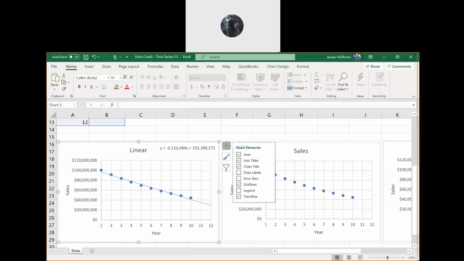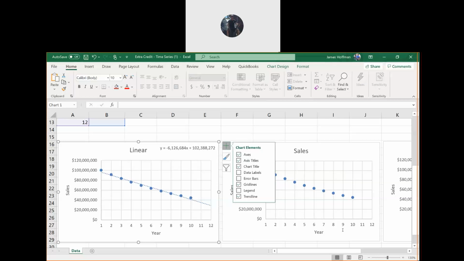How do you get to this? Or how did you get to, were you able to do the axes titles? So I'm able to do that through Mac. It allows me to, but I just can't get to chart elements when I click the actual data.